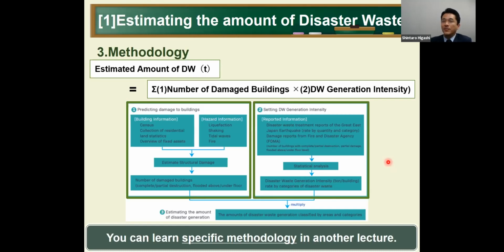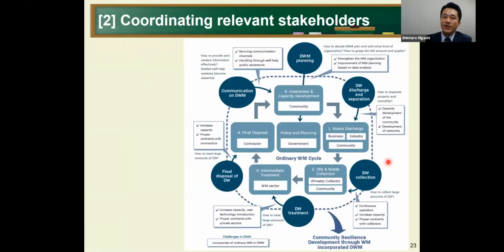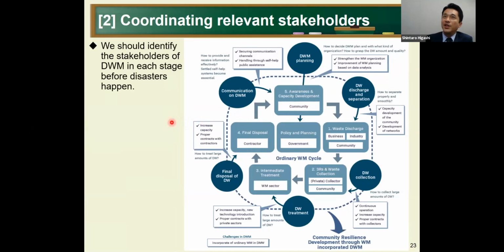Okay, but I want you to understand the importance of estimating, and that there are these methodologies. And the second one is coordinating relevant stakeholders. This tries to show a kind of cycle of disaster waste management. And we should identify stakeholders of disaster waste management at each stage before disaster happens. For example, at the center, we have the government. They are in charge of policy and planning. And